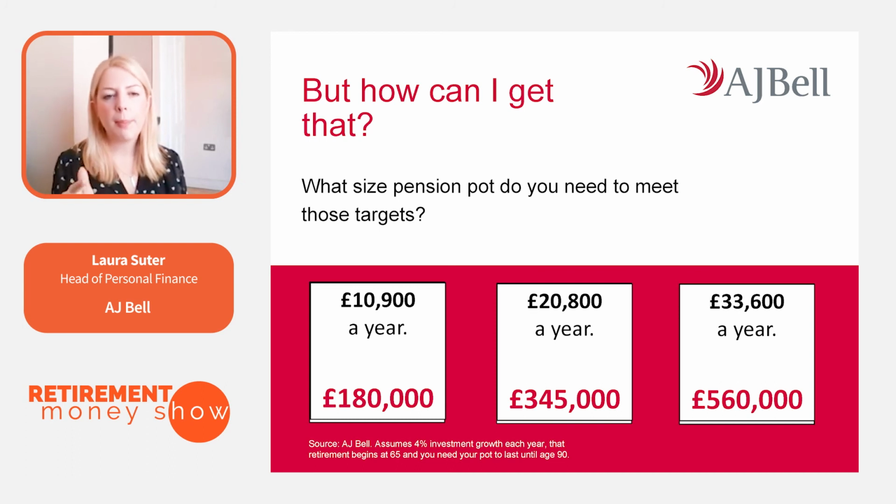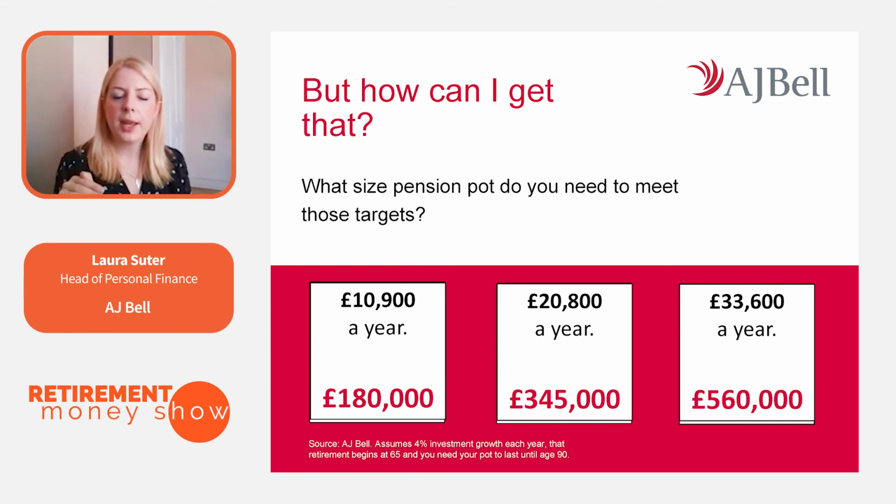And it's worth saying, sorry, these figures are based on a single person. If you're in a couple, then you don't need to double the figures because there's some economies of scale and efficiencies. So it would be slightly less than double. So we're looking just at a single person because I thought that would be the easiest example. The essentials one comes in at just under £11,000 a year as the income coming in. Your next stage up is you've got a bit more financial security, you're not living quite so tightly, you can afford to buy a bit more luxury food, for example, you don't have to shop at a budget supermarket. For that person, you need just under £21,000.